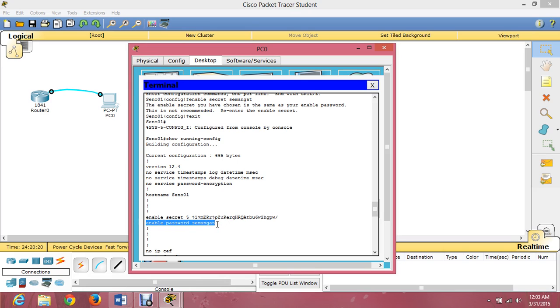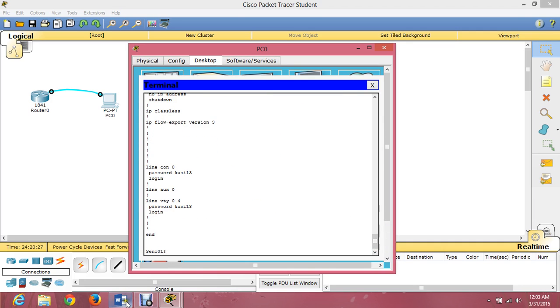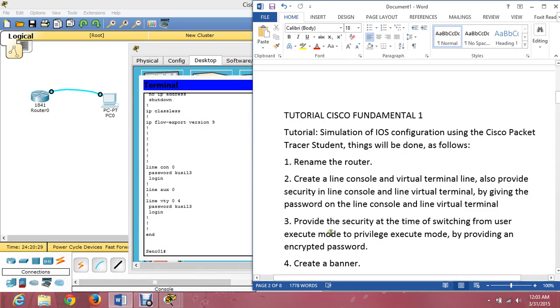We should delete this. Alright guys, we successfully provided security when we switch from user execute mode to privilege execute mode by providing an encrypted password. Next, we will create a banner.